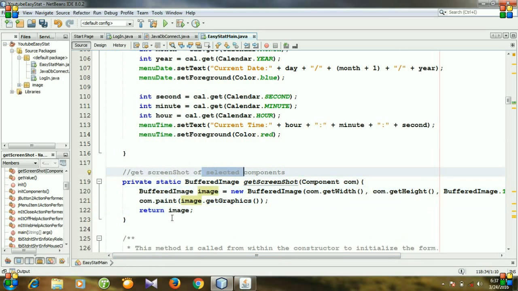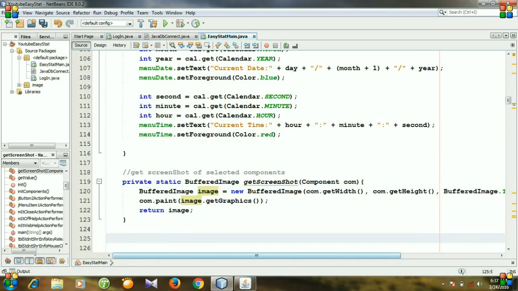So this is the method for getScreenshot, that means to get the image. And now we need to create another method. We need a method for saving the image.